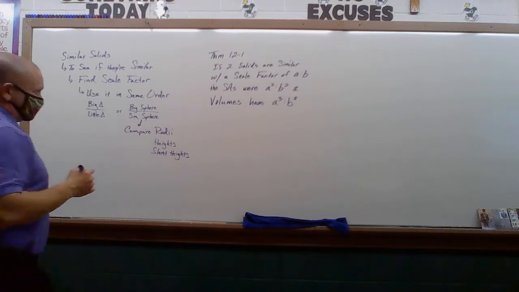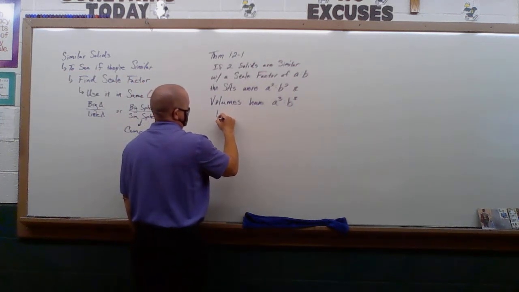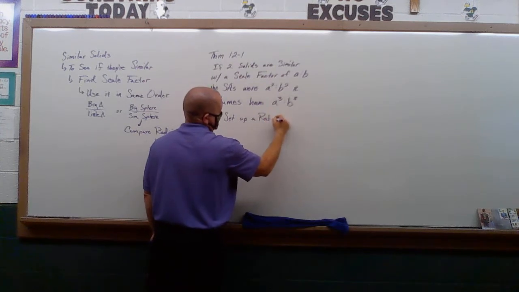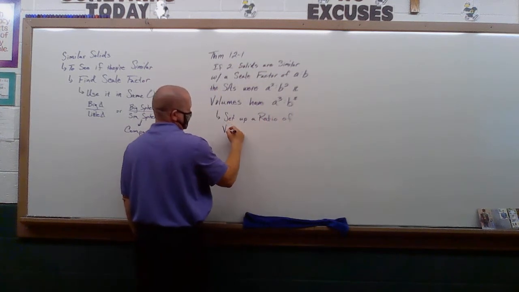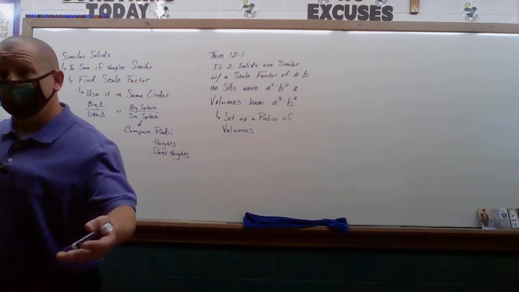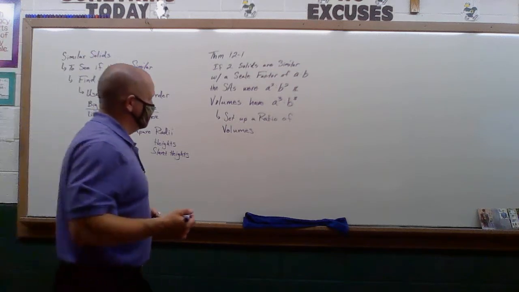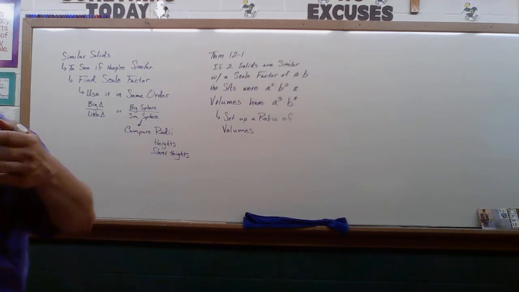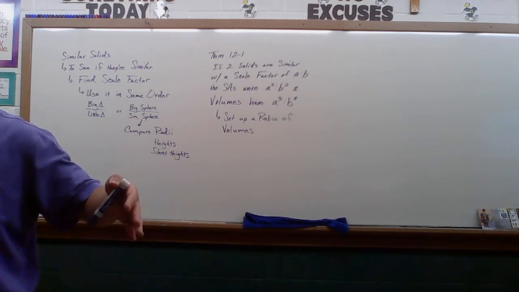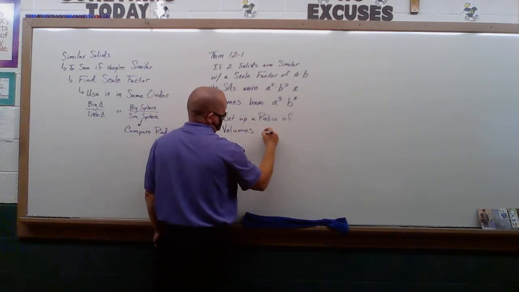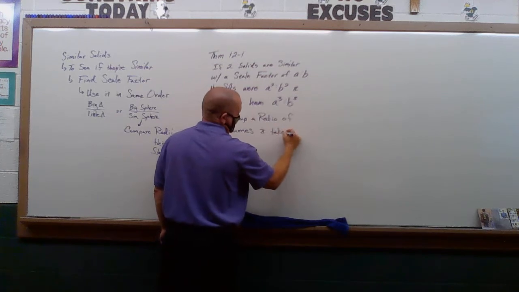So essentially, what has to happen is you need to set up a ratio of the volumes. And as Kenzie said, we want to uncube it. So how do you uncube something? Well, how did we unsquare something? We took the square root. So what's the opposite of cubing something? The cube root, right? So we're going to set up a ratio of the volumes and take the cube root